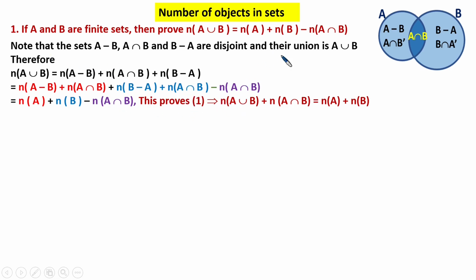And also from this expression 1, if I bring this here, the number of elements in A union B plus the number of elements in A intersection B is the number of elements in A plus the number of elements in